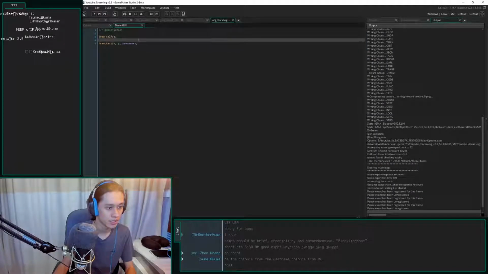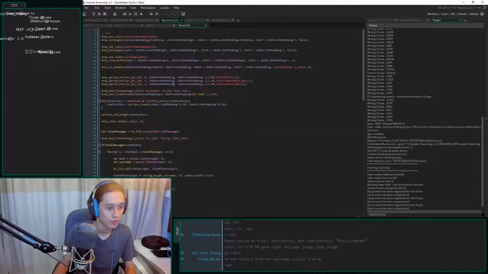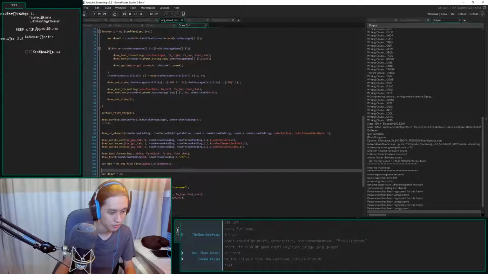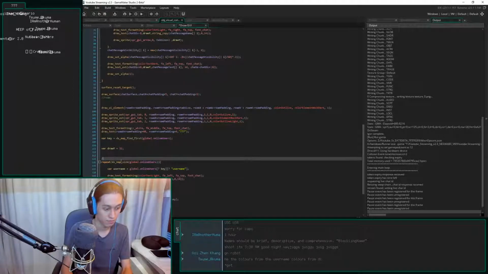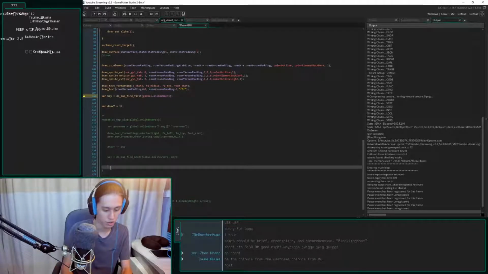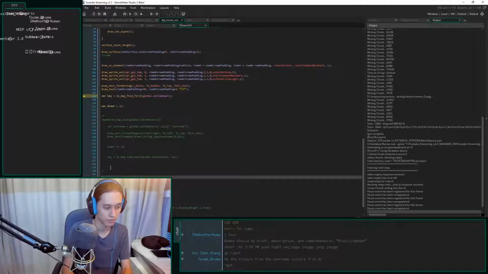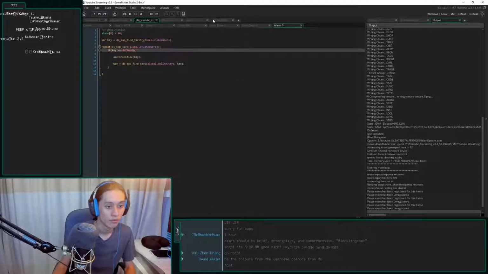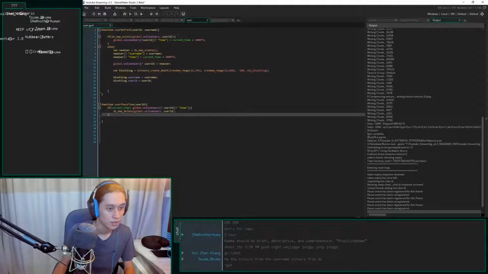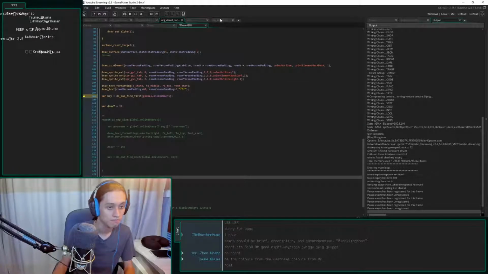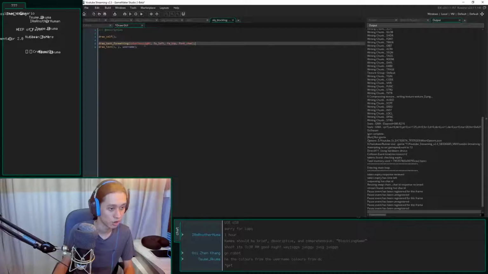Draw GUI. Let's copy the code from Visual Controller right here, and I'm going to comment out me just drawing the users directly. Blockling, go ahead and draw you.